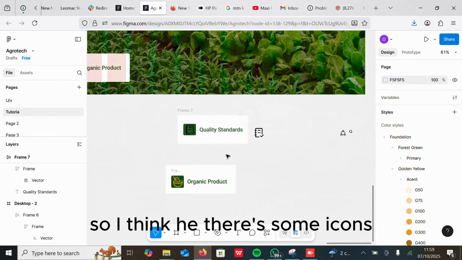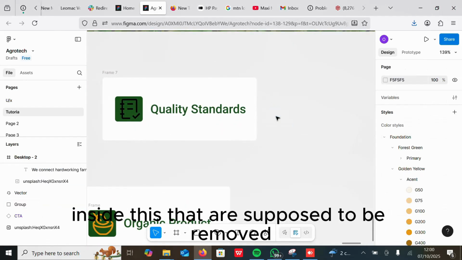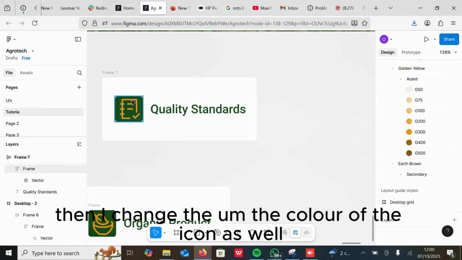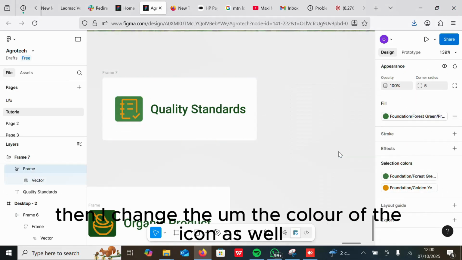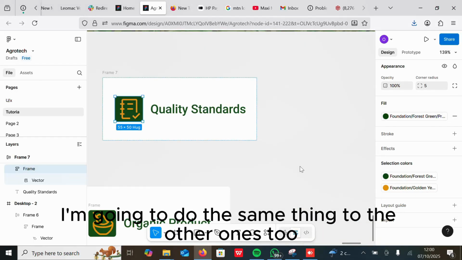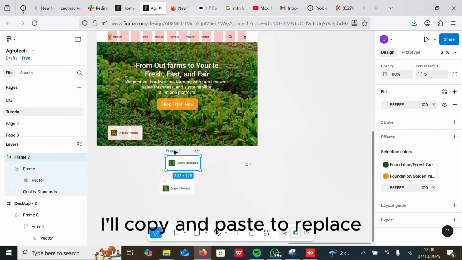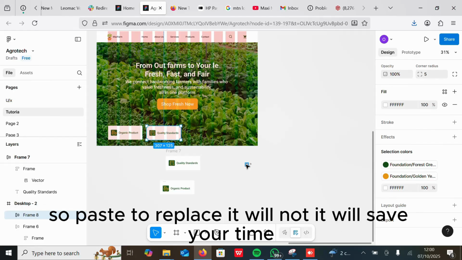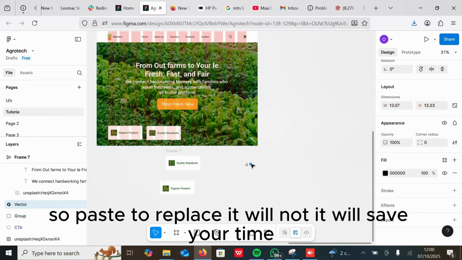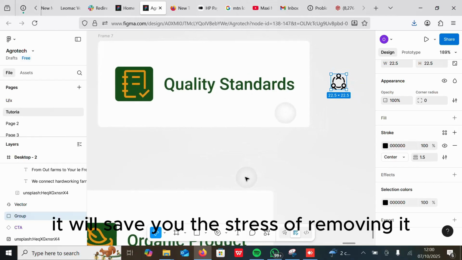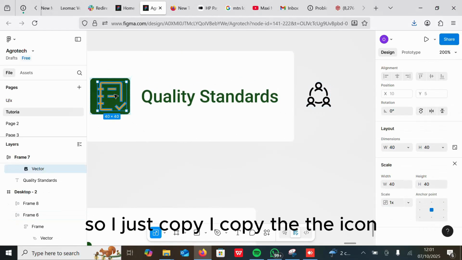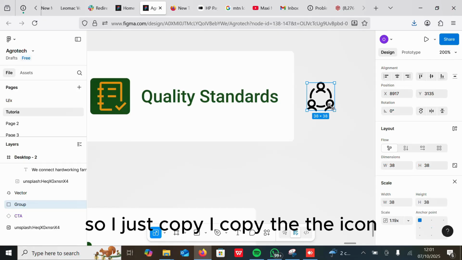So I think there's some icons inside this that are supposed to be removed, so I removed it there. Then I change the color of the icon as well. So I'm going to do the same thing to the other ones too. I'll copy and paste to replace. Paste to replace will save your time, it will save you the stress of removing it and putting it again. Okay, so I copy the icon,